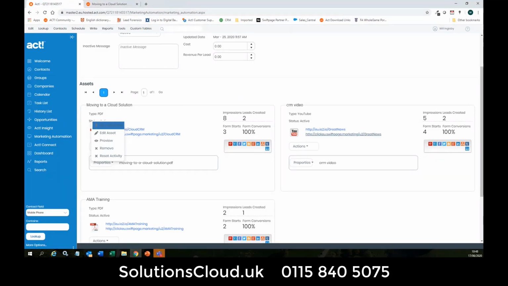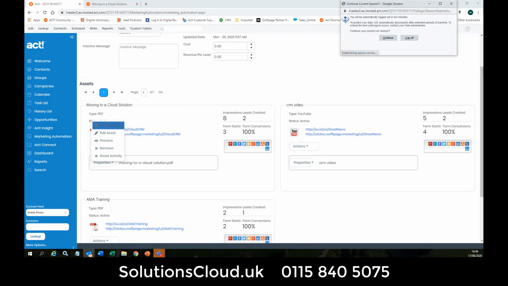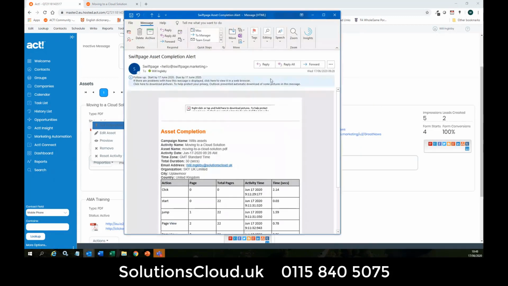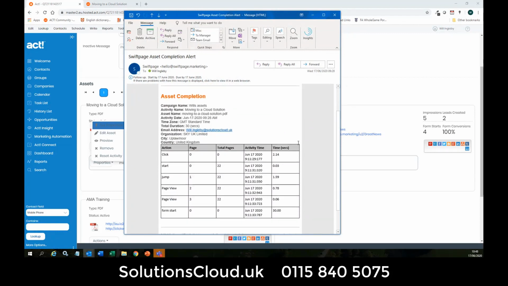with the asset. As mentioned, the system will tend to send you emails each time someone, if you want it to anyway. You can just see the statistics within the database, or you can have it send asset completion emails each time somebody consumes an asset. It can tell you who they are, what time they started looking at it, what page they got to, how long they spent on it, etc. So again, rich information that you can use to really understand the quality of enquiries and take them forward to